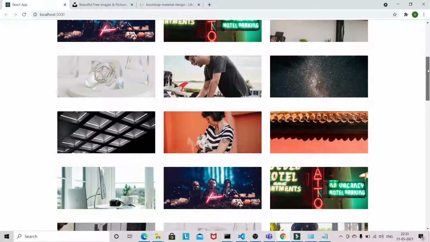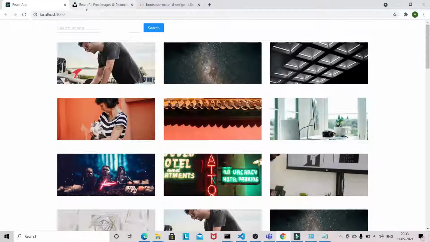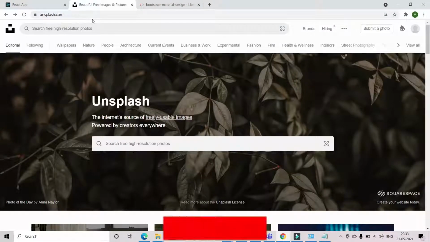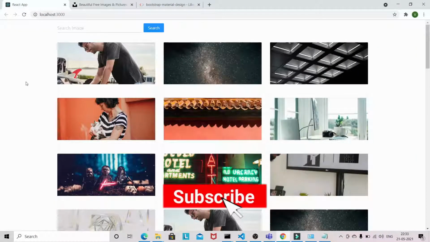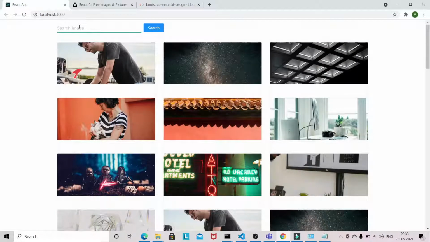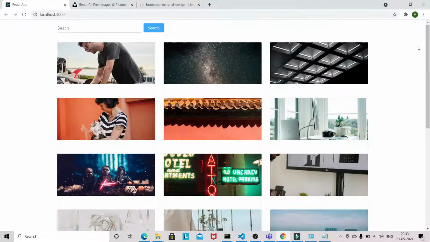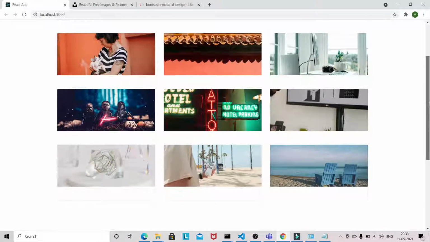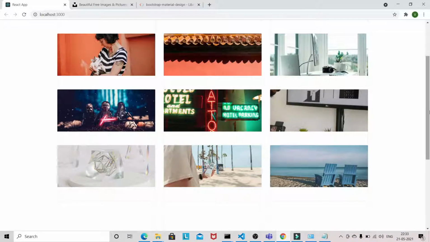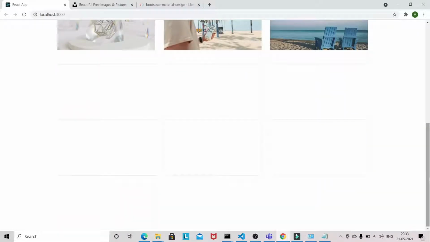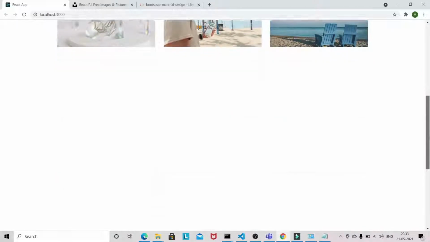These images we are fetching with the help of the Unsplash API. Even if you search for any image here, we get images related to, for example, beach, and for searching also the infinite scroll will work.